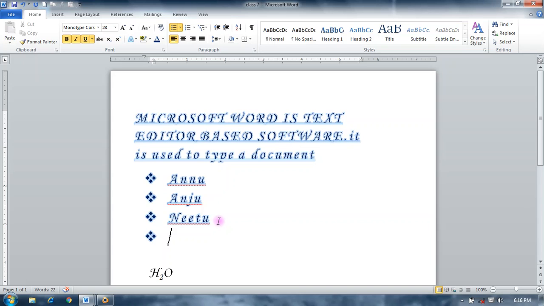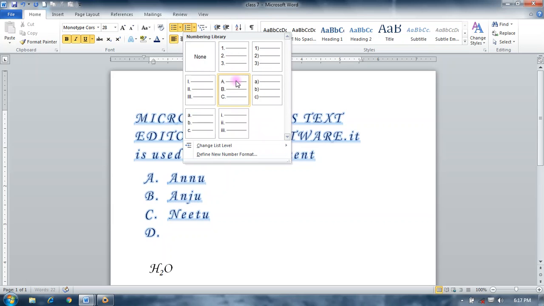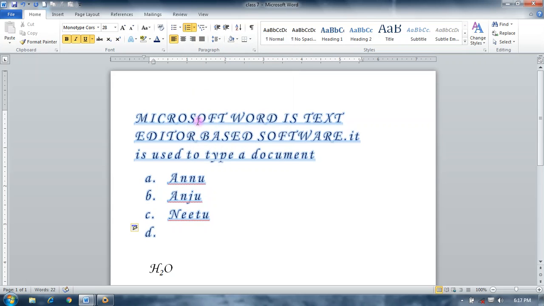If you change your bullet list to a number list, you can select it from here, or an alphanumeric list. Then when you type and press enter, it automatically takes the next bullet, number, or alphanumeric.